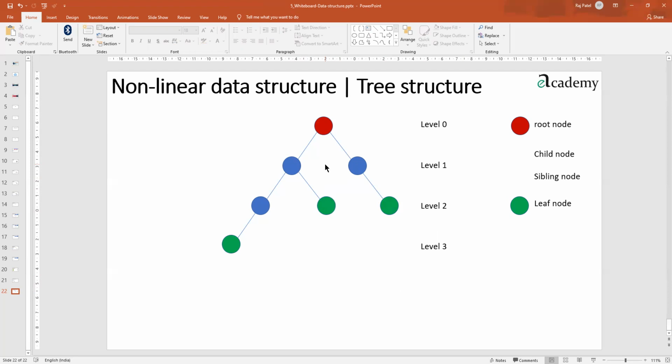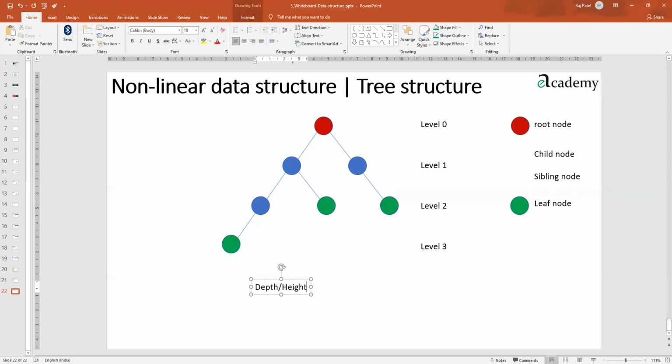Then people also ask about what is the depth of this tree. Are you able to understand when somebody says depth or the height of the tree? Then it's simple. The total number of levels available here is nothing but the depth of the tree. That is one way to express that. Or if you want to put it in a formula, then largest level plus 1 gives you the depth of the tree. So if I want to write down the depth or height of the tree, we can say it is the total number of levels, which is one way to express that.